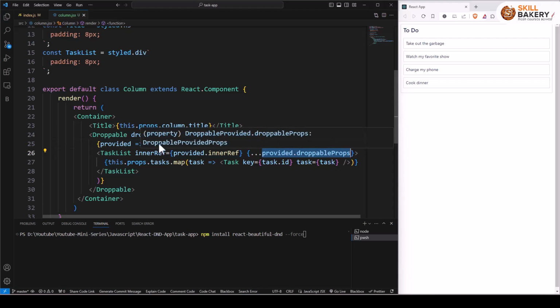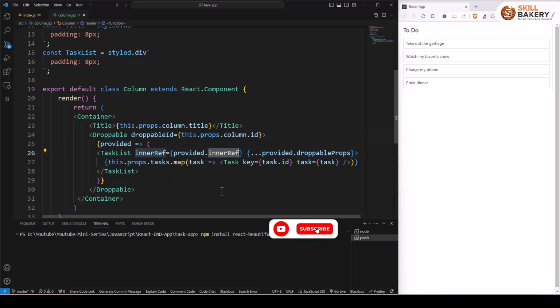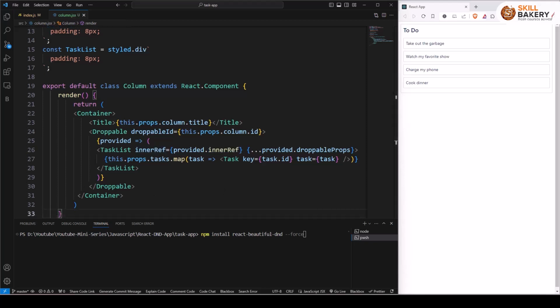The provided object has a property called innerRef, which is a function used to supply the DOM node of your component to React Beautiful D&D. A styled component has a callback named innerRef, which returns the DOM node of the component. We can assign the